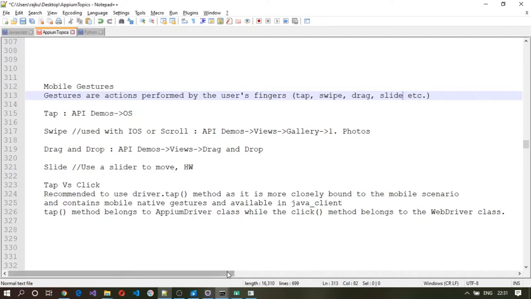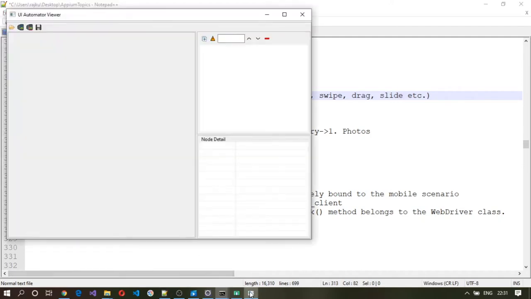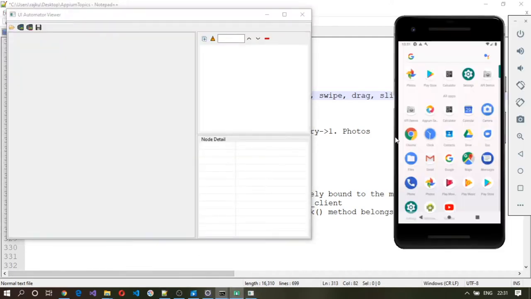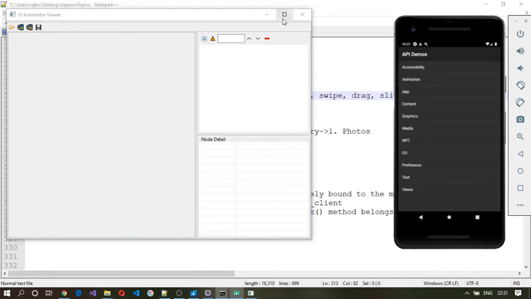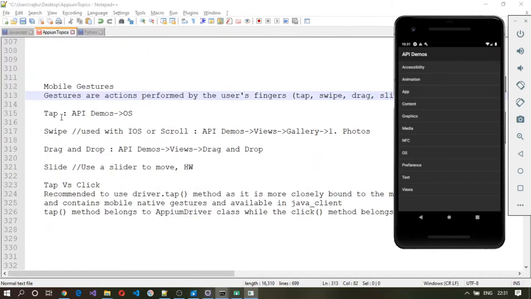For all three, we are going to make use of the API demos application. And for tap, we are going to tap on OS. Earlier, we used to click on these options, but we are going to make use of tap to tap on this OS first. And for swipe, we are going to make use of API demos and we are clicking on